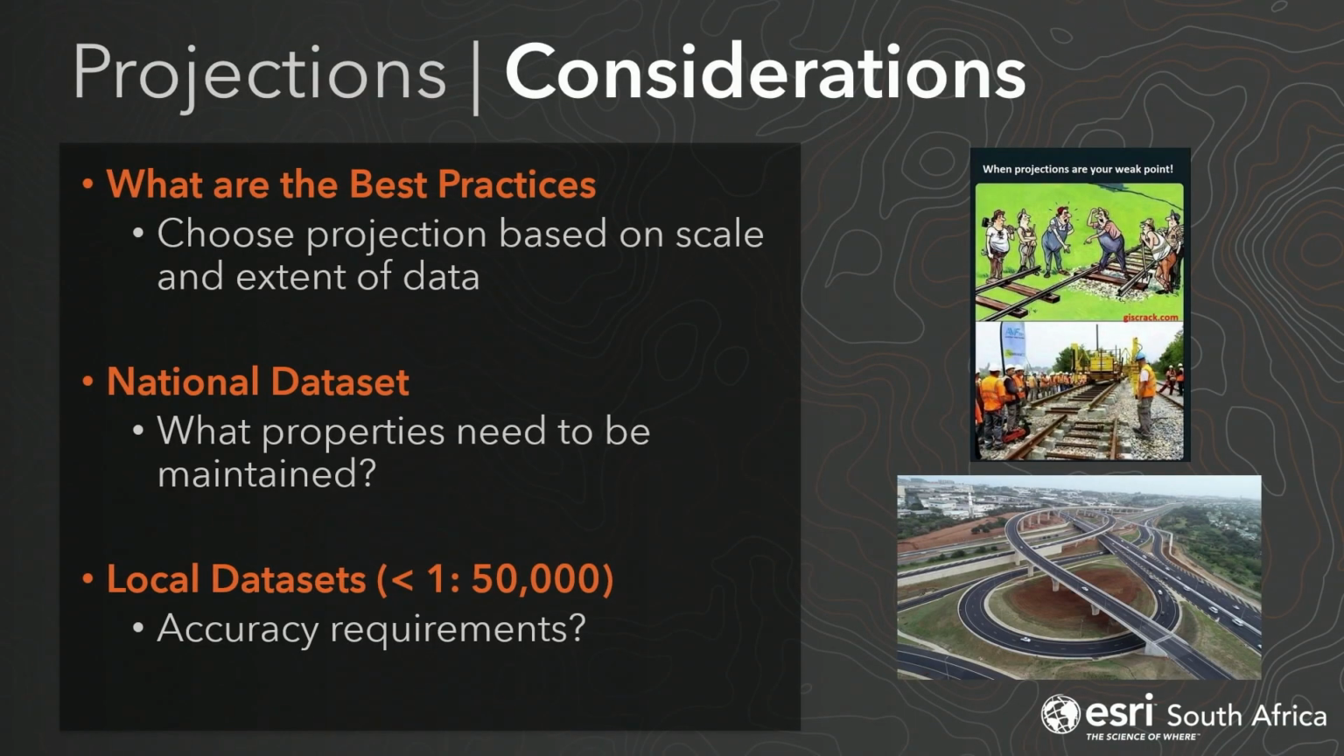specific data set. And in this case, as I say at the bottom, if you're mapping at a scale of 1 in 50,000 or less, it has to have a high accuracy requirement. And then we'll use a very different projection than what we will do when we're trying to map areas across